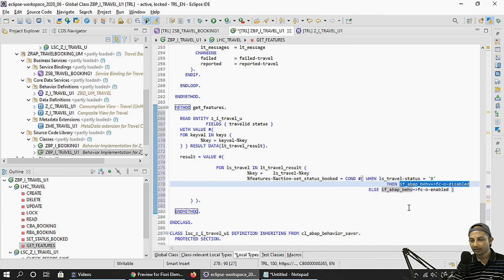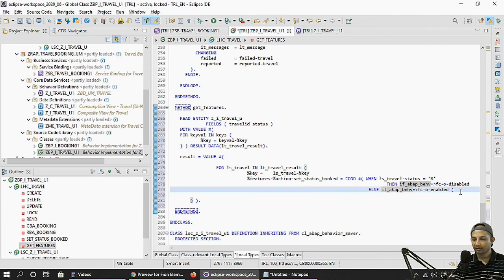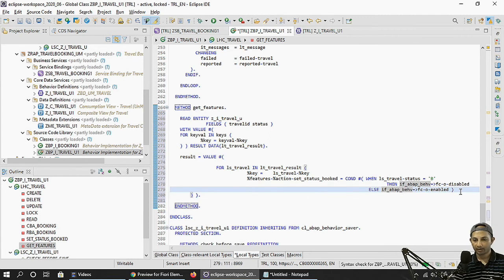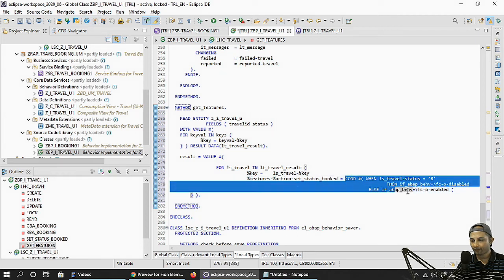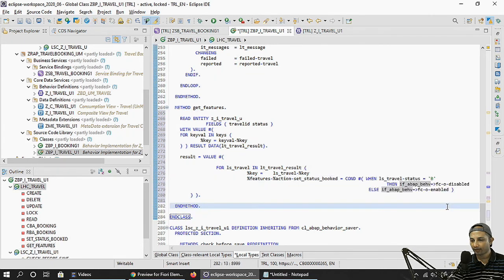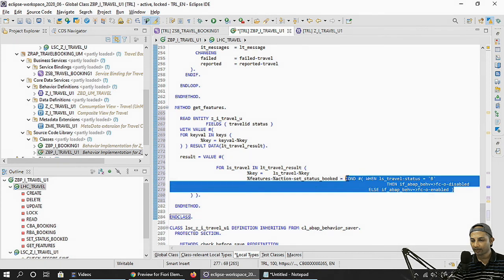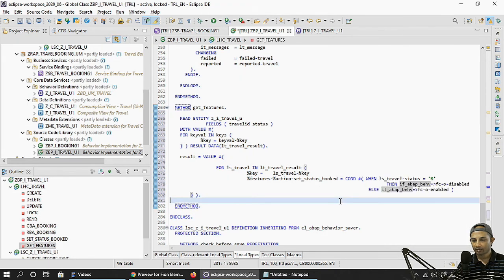So if it's B, then I'm setting it disabled, else I'm setting it as enabled. Very simple piece of code, but enabling this feature. I think it's cool, right? Cool feature. And this expression, a conditional way of getting every value together, is also a capability that we can see.